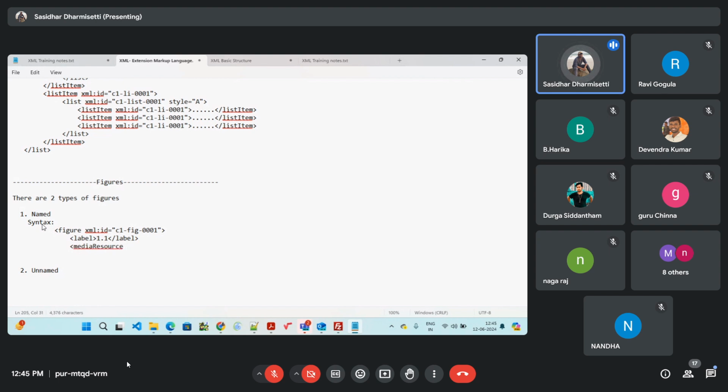Inside the media resource, we'll have two different attributes, which is alternate, ALT. We can keep it anything, but just keep it as image. After that, we'll have href. Href is equal to,